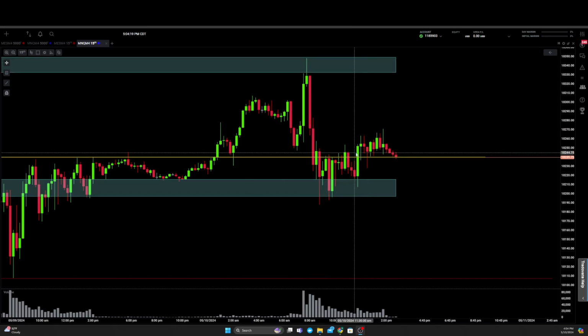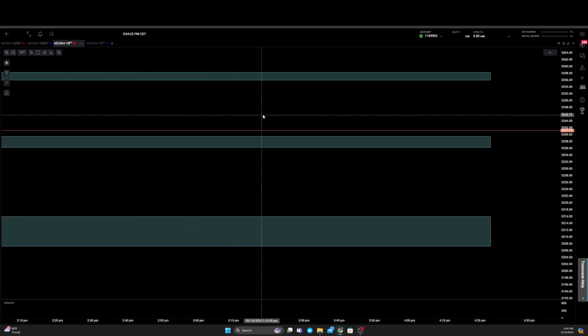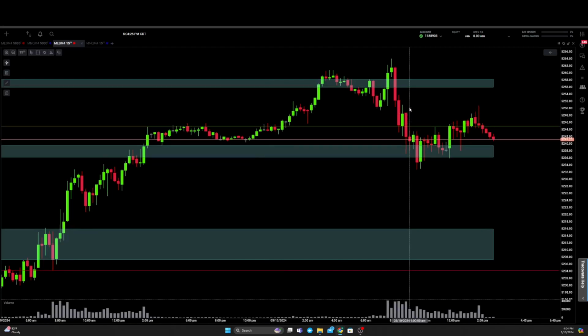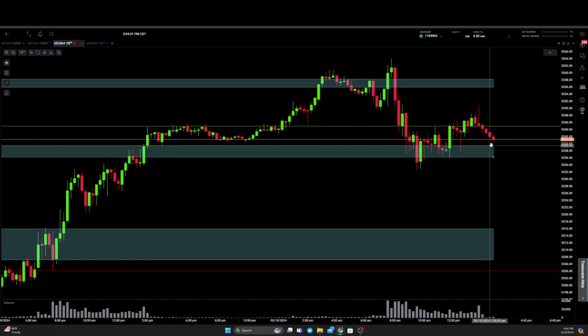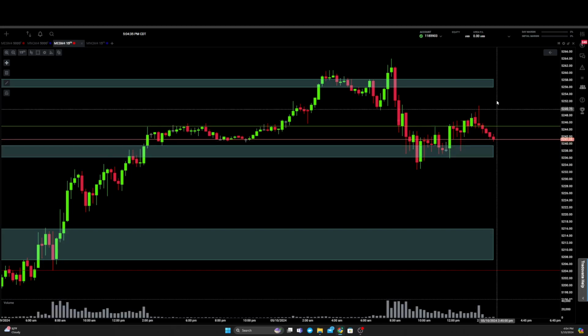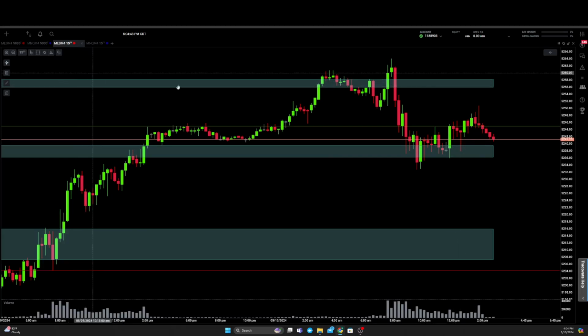Before we get into it, let's take a look at a few things we're watching. Actually, I'm going to take it over to MES first. So we have yesterday's high and low on MES. Then we have 5239 to 5236 as this bottom zone. Up above, we have like 5256 to 5258. Coming into the day,